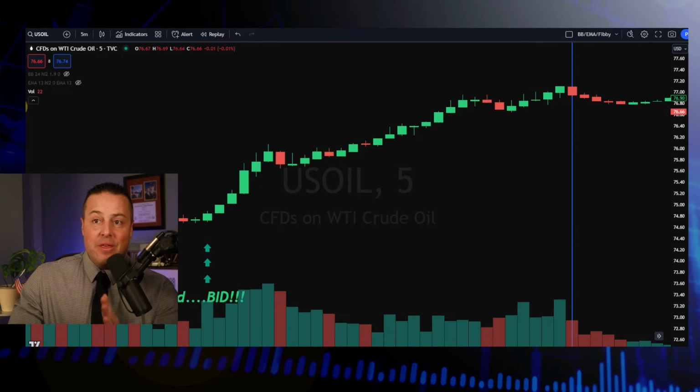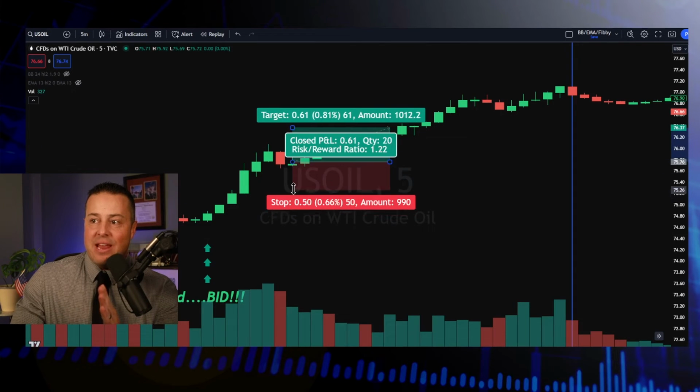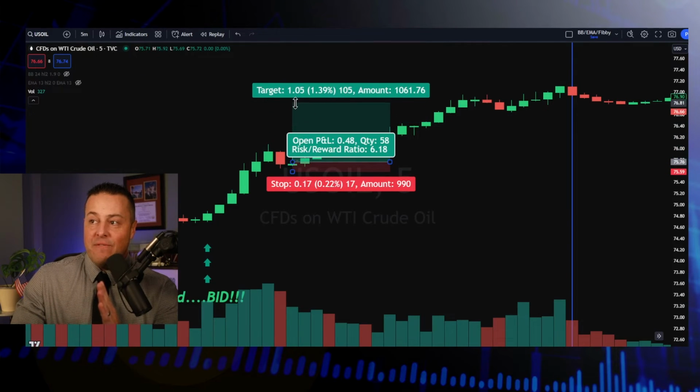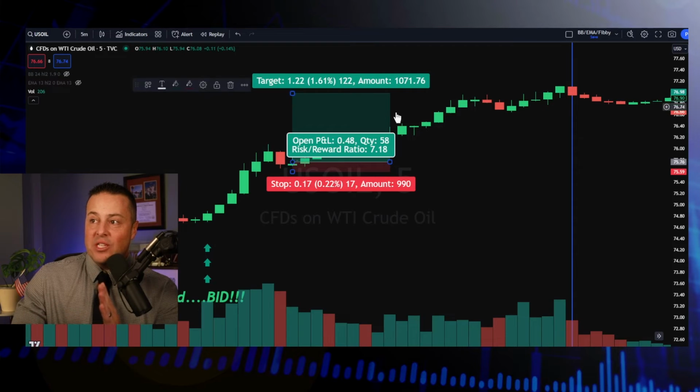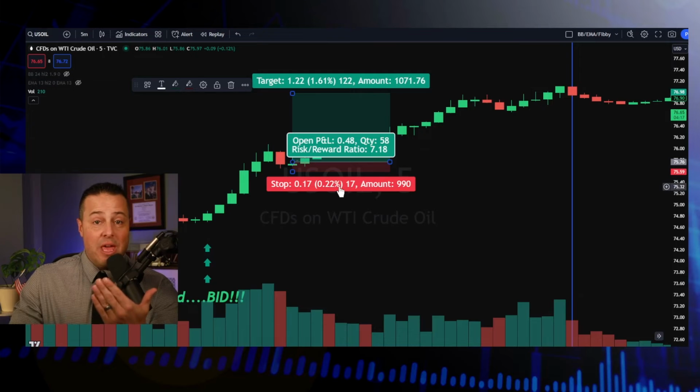Now, the beauty of this is the risk versus reward. It's going to take us just a second to line this up. We buy right there on the open of the next candle, and then you're going to bring this up. So our stop loss is just beneath our swing low here. A lot of professional traders will let these trades run until the end of the session, just betting that they've got perfect trade location and they're going to ride this trend really until that 2:30 p.m. Eastern.